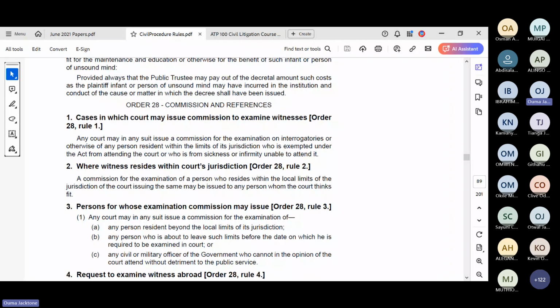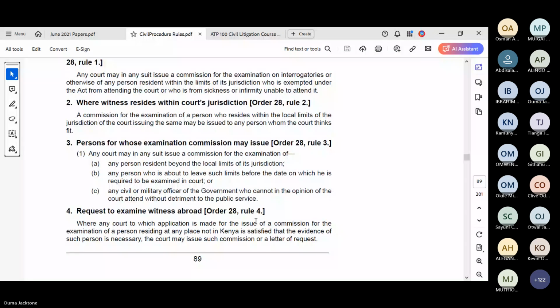Guys, these things are very easy. I don't know whether I'm biased, but I think if you take time, slowly by slowly, you will realize they're very easy things. That is an order of commission. So what happens after you conduct an inquiry? You conduct an inquiry, you compile a report, that report is brought to court and it becomes part of the evidence in the file. Do we understand, guys?